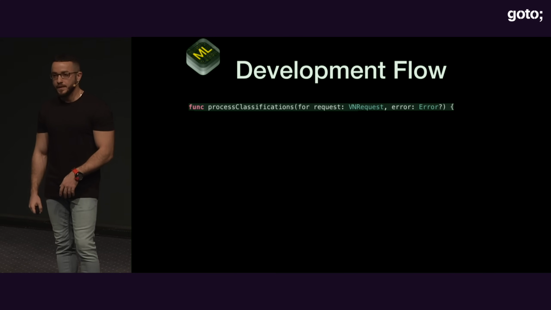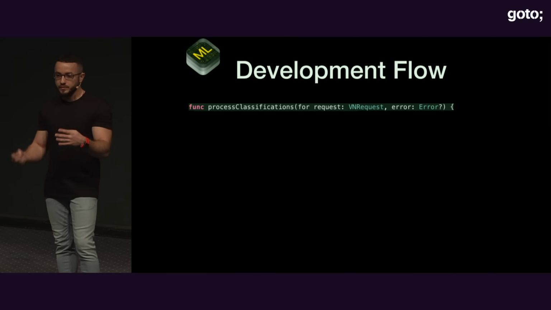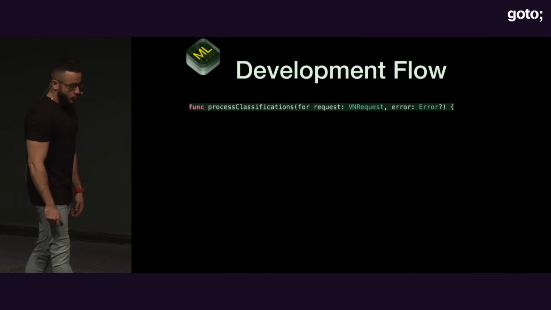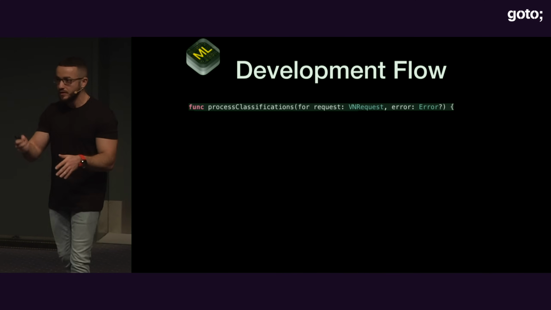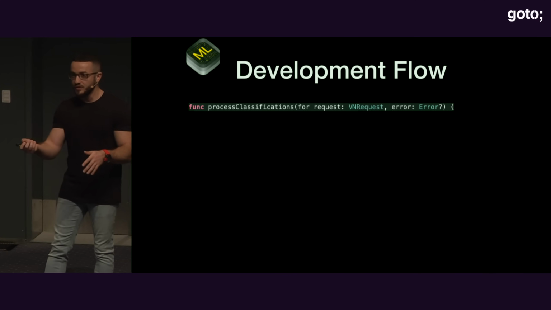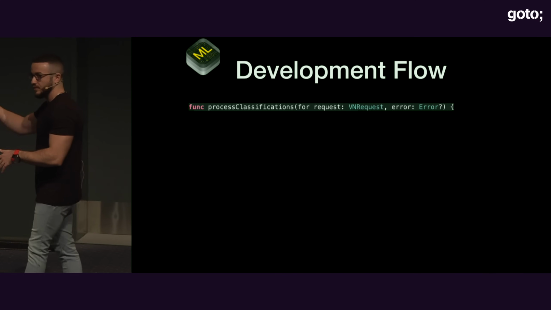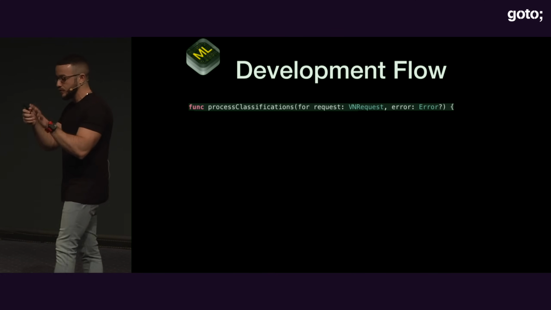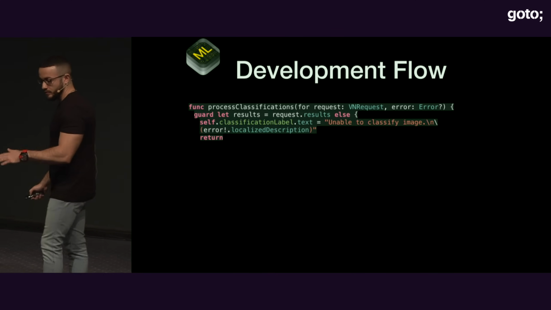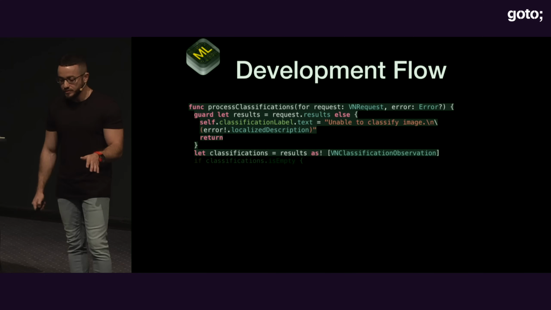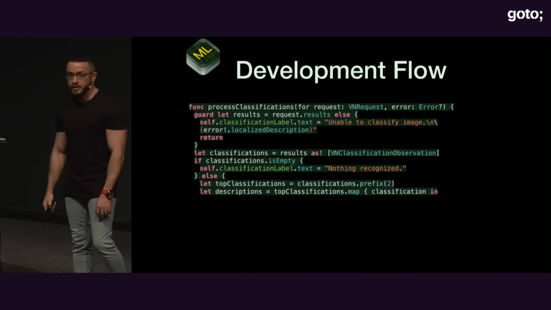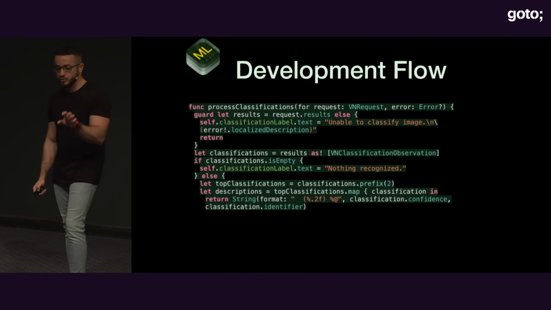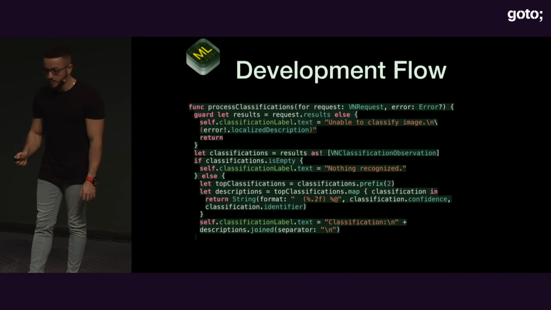So let's say we have 4 returned results, which says like this is object X with 50% confidence level, object Y with 30% confidence level, object AB with 10%. I'm only interested in the first 2. So this code only does some validation and then picks up the 2 most, this prefix 2, and then maps them to just a string to show on the screen. So if I run this code,